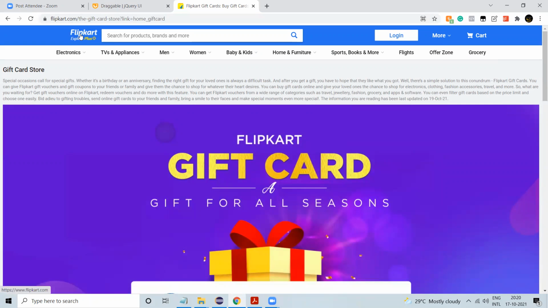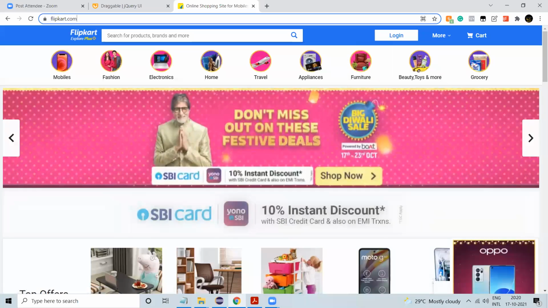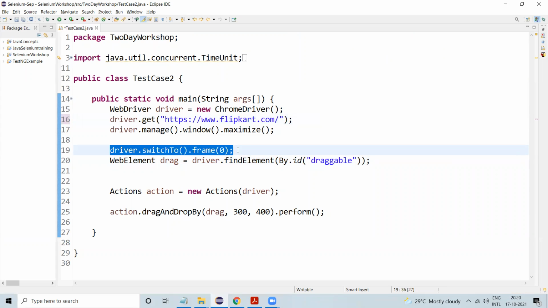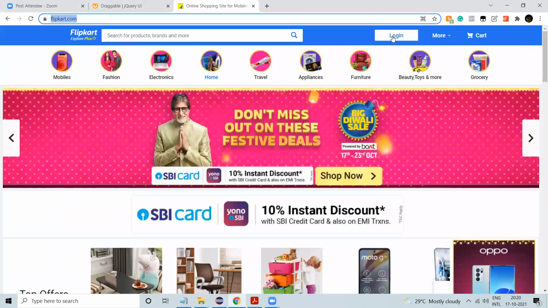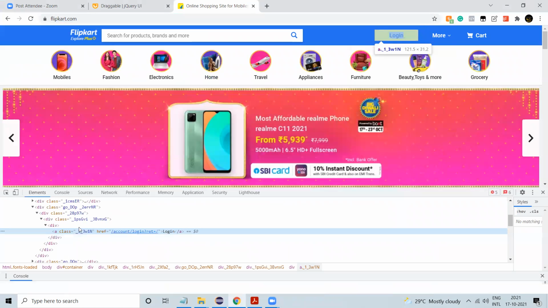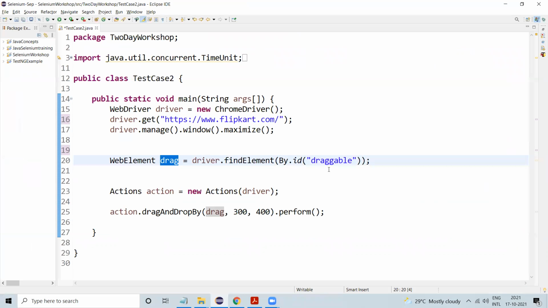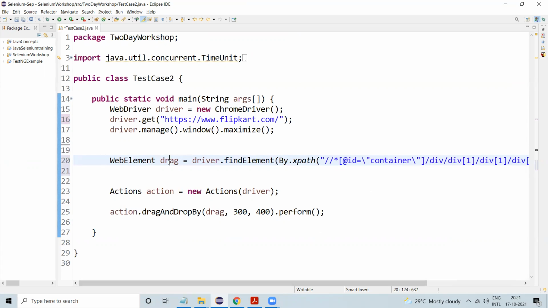Right, so I'll go to the website. We are not switching anything. Web element, find the locator of the login first. I'll go with XPath. I'll add this as a variable; the variable name I have changed over here.